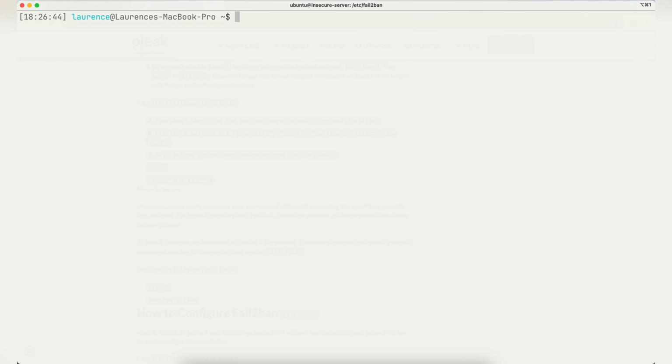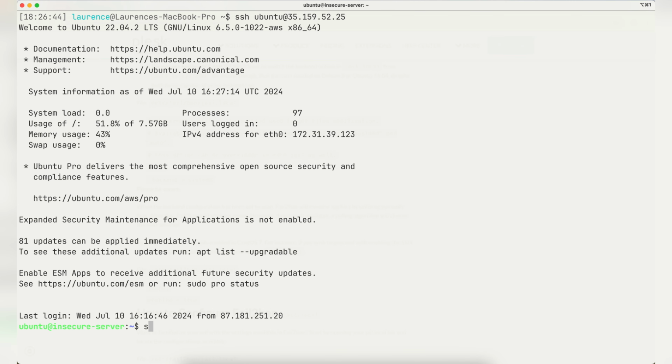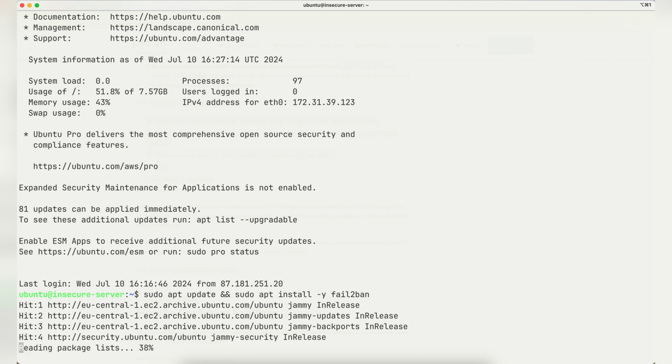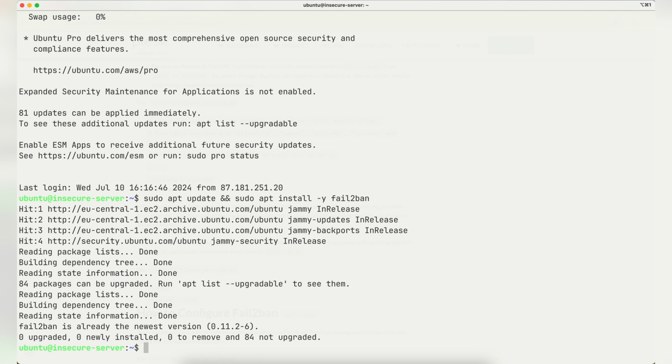The first thing we want to do is log into our server and install Fail2Ban. To do this, we'll just run a sudo apt update and sudo apt install -y fail2ban. Hit enter and give it a few seconds. Once the packages are installed, let's head over to our config directory for Fail2Ban and take a quick look at what's there. And that is